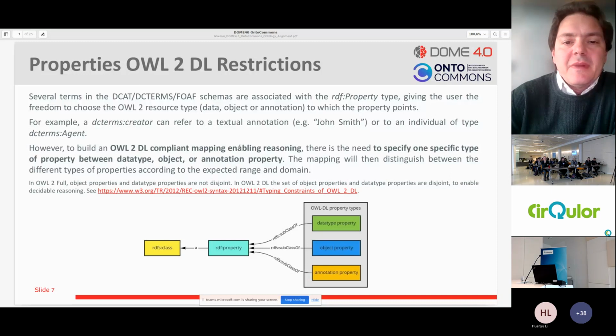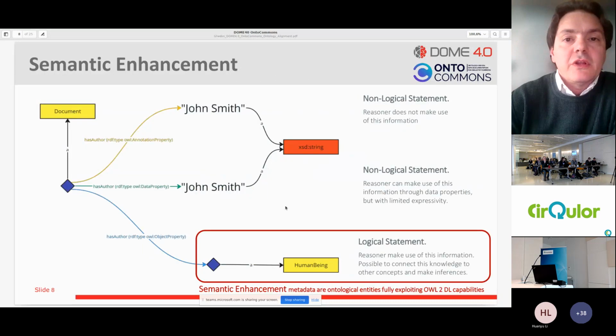So it's very permissive. But in OWL, in order to enable reasoning, you have to specify what type of property you are referring to: if it is a data type, an object property, or an annotation property. So this is what we want to do in this framework.